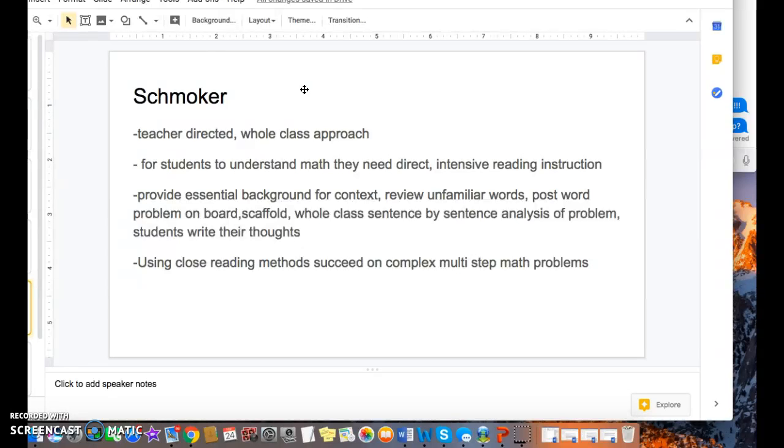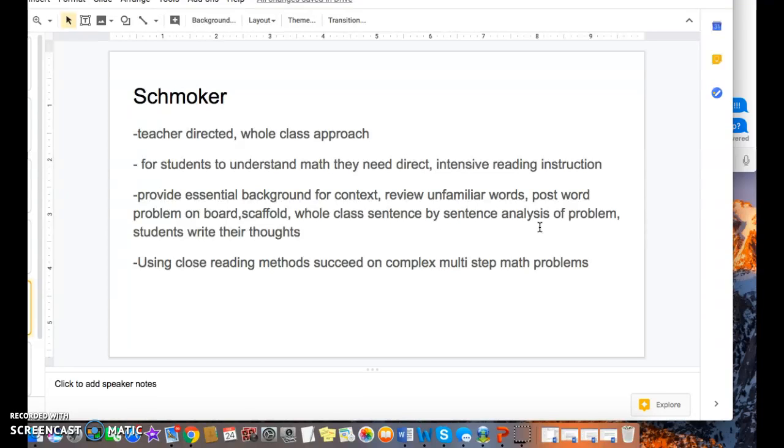teachers should direct and use a whole class approach. So for students to understand math, they need direct, intensive reading instruction. So this means to provide essential background for context, review unfamiliar words, post word problems on the board, scaffold, whole class sentence by sentence, analysis of problem, and students writing their thoughts. So by this he means going through a word problem, sentence by sentence, talking about words that students may be unfamiliar with